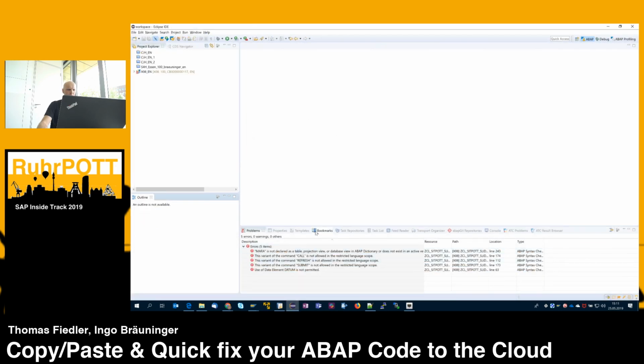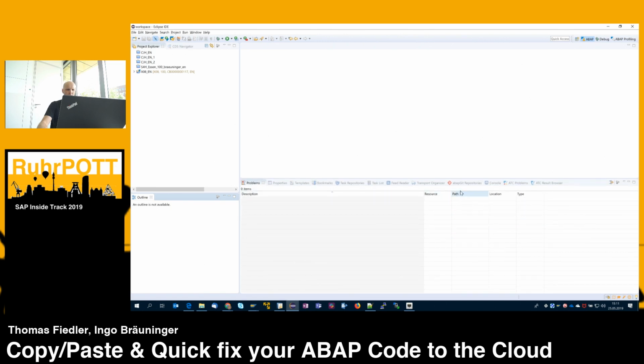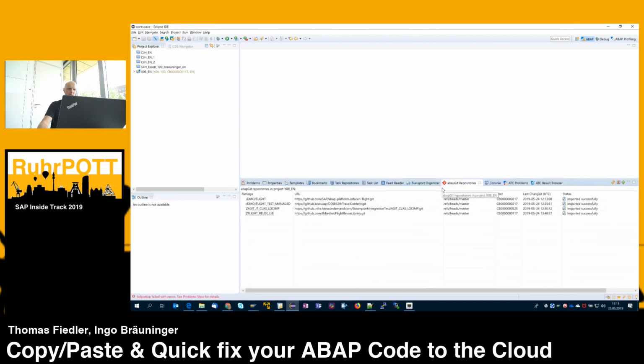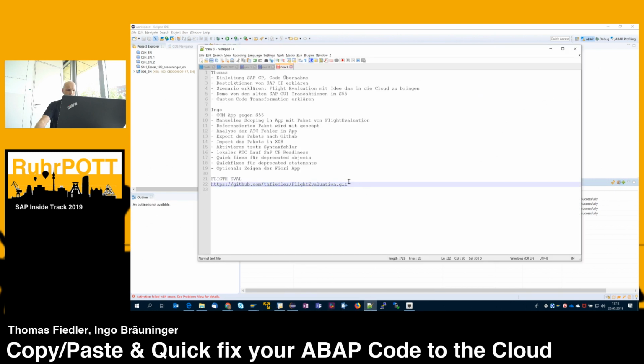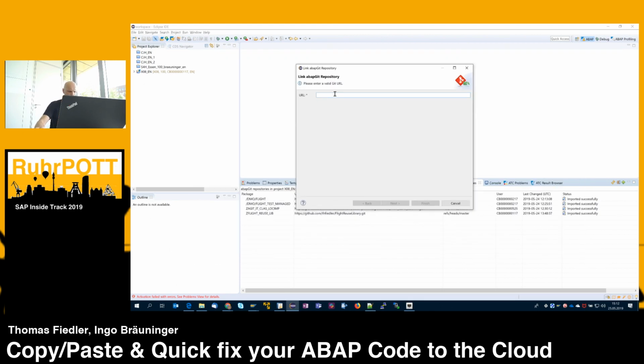So basically what we need to do is to open the ABAP Git repository view in Eclipse. And what we do now is, we already pushed our stuff into the GitHub account, and now we are pulling this repo into the Steampunk system. That's exactly this link here. Say next.